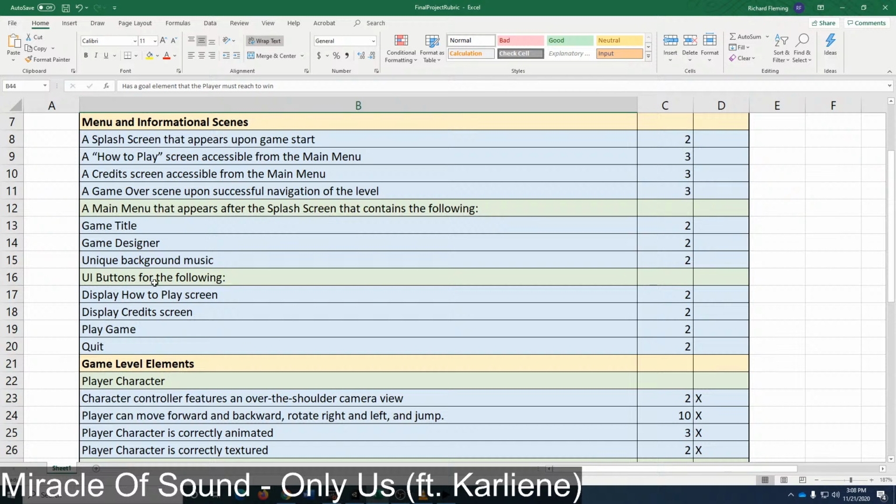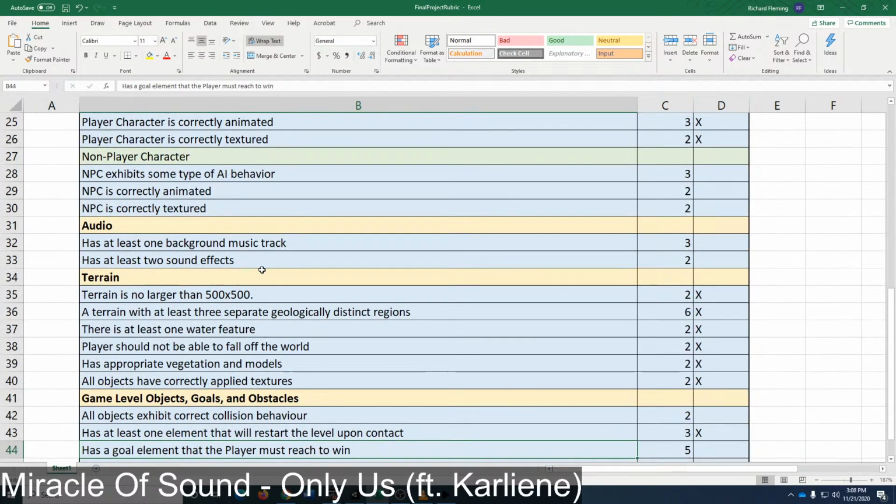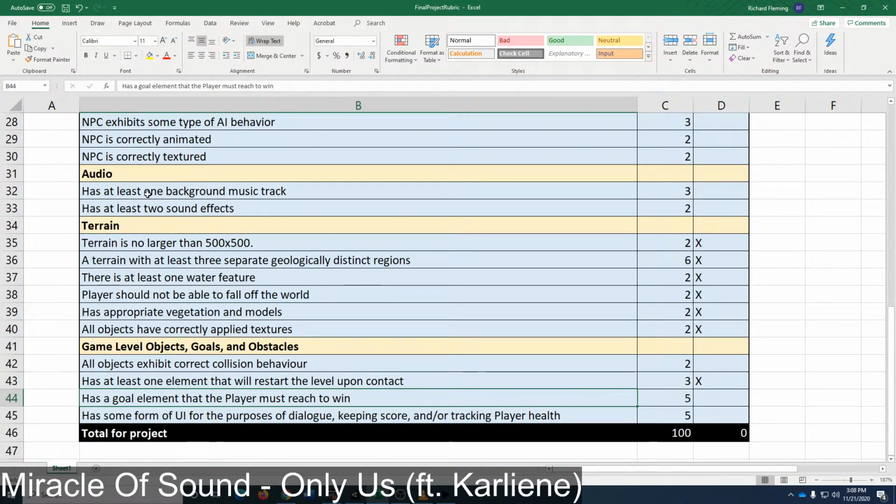Completely haven't done anything on the main menu yet. And I haven't done anything on audio yet. The audio is something I'm going to be doing, for the most part, off-screen. Because that's mainly going to consist of me listening to audio tracks, trying to find the one that I want to use, and then using it. Not really much in the way to actually demonstrate there.